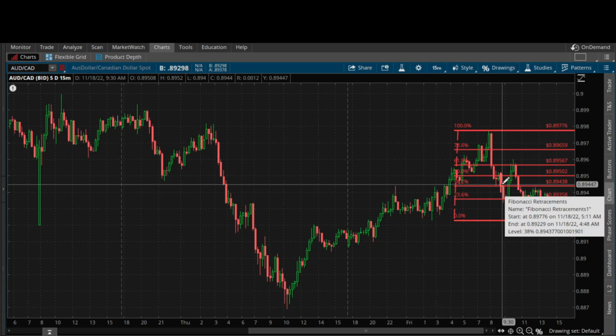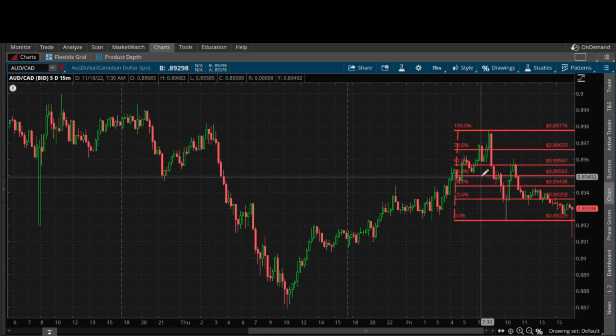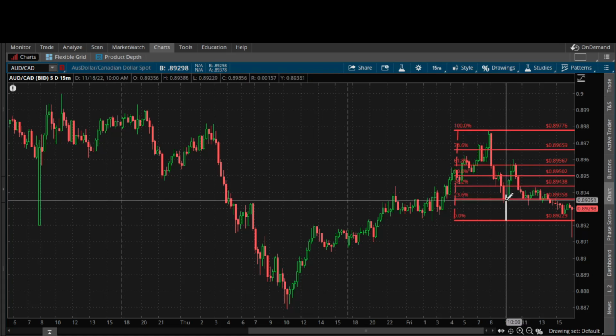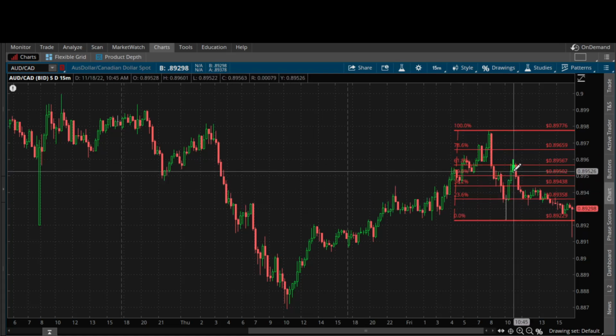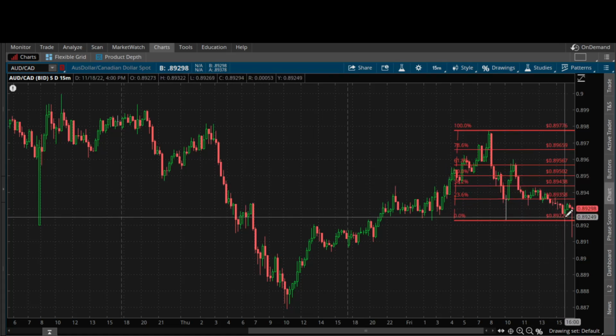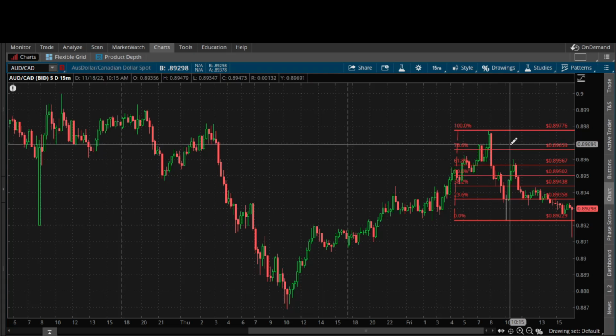Remember, looking for that confirmation and take it up into a what? Into a premium market. Where's a premium? Above 50% equilibrium right there. So it takes out those lows, it pulls up above 50%, hits OTE, and then what happens? It sells back off lower and attacks those lows.